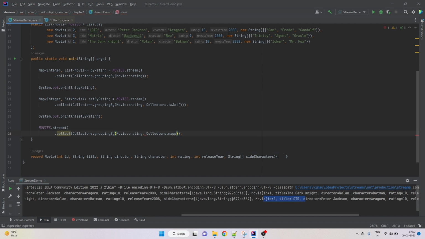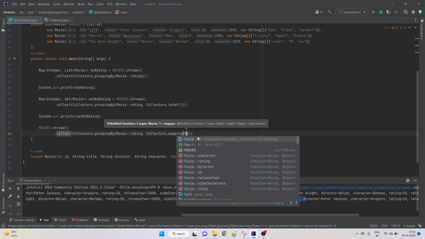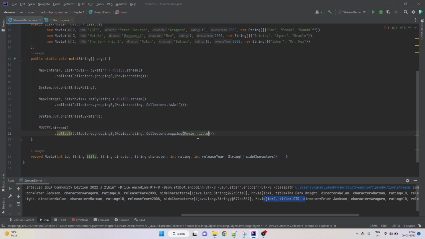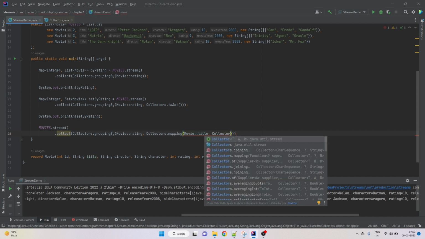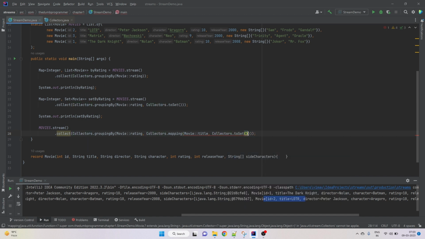So Collectors.mapping, this again takes a function. If you see the signature, it takes a mapper function and then the downstream collector. First we will pass the mapper function, that simply is Movie::title, a method reference. And the second parameter is the downstream collector, and we are going to collect all the titles to a set. So we will say toSet, and this time